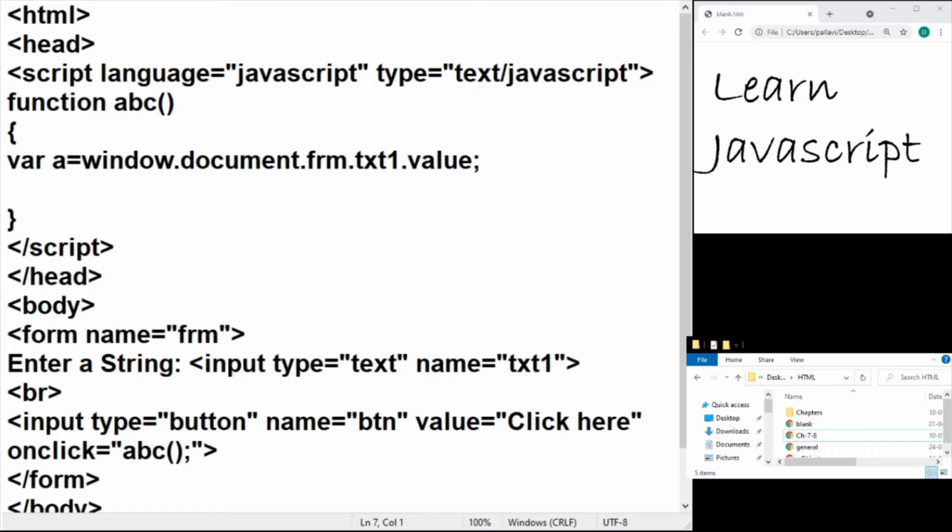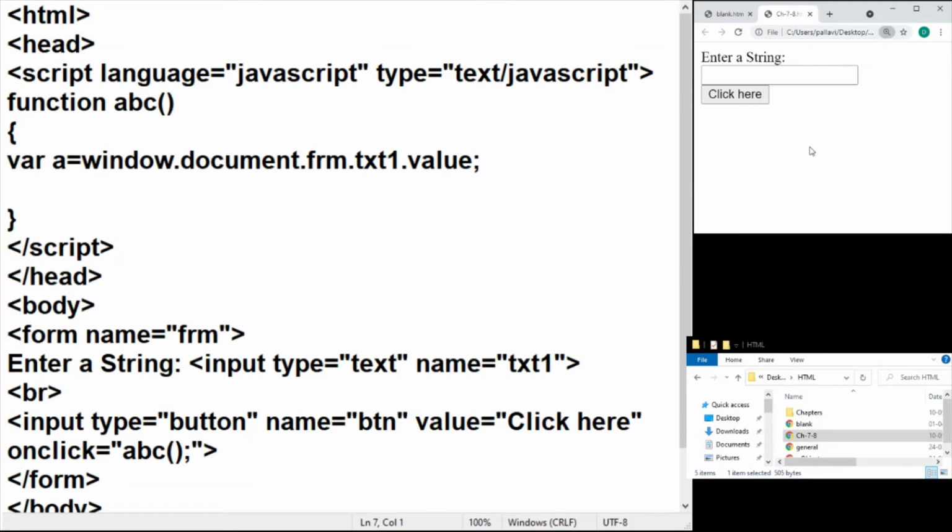Hello everyone. Let us continue with the same thing that we had been doing in the previous two videos. That is, we are going to extract some character at a given position. Now, this time, instead of extracting the character, we are going to extract the ASCII value of the character. So, for example, if I am entering the string India, and I want to find out what is the ASCII value of the first character or the second character or the third character and so on, the last character or the last but one or the last but second character.